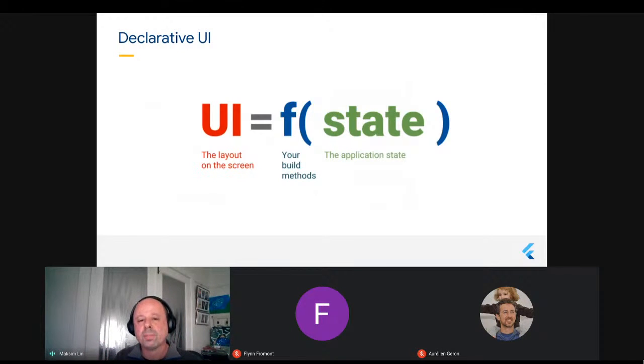Whereas this declarative UI approach, which was popularized by React on the web, moves away from that and creates a new paradigm where what you say in your code is, I have this user interface and I have this state, and the framework or the SDK figures out how to do that for you.